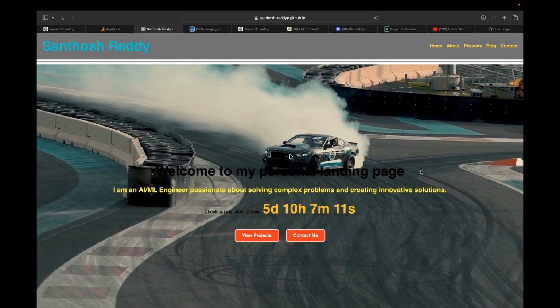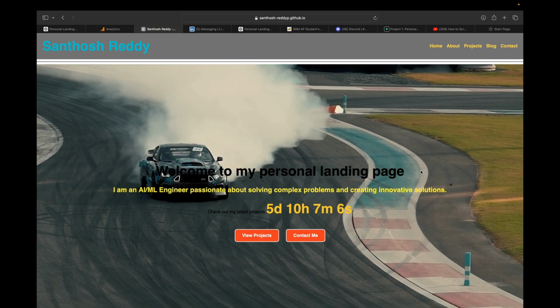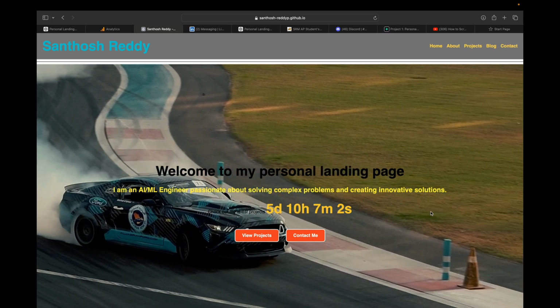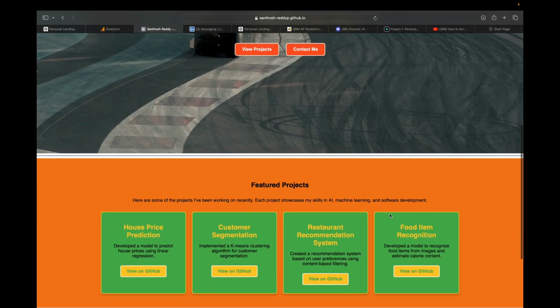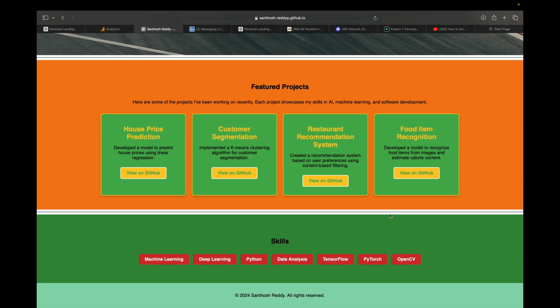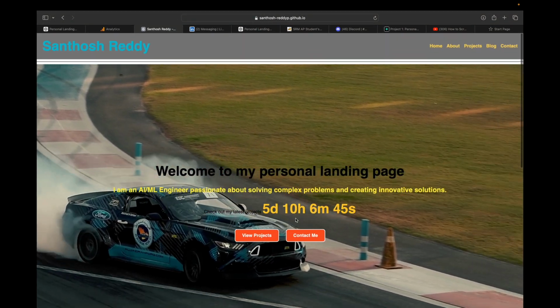So here all these elements work together to create a seamless user experience. We have seen our HTML, CSS and JS. The HTML provides the structure, the CSS handles the styling, and the JavaScript adds dynamic features. Testing in different browsers and devices ensures everything functions as expected. So now we can focus on our landing page